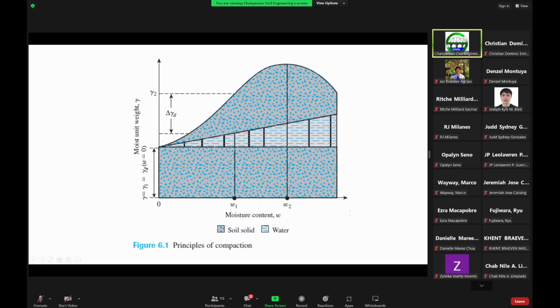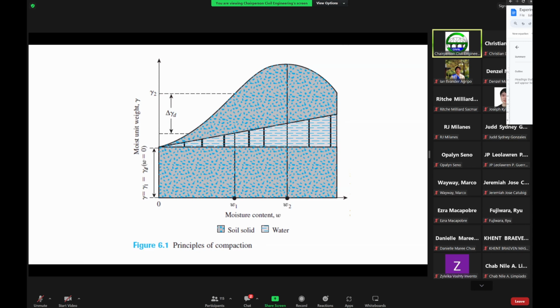So in this case, when you now reach this point, this one is what we call the optimum moisture content. And then at this moist unit weight, after extracting the moisture, oven drying in the lab using the oven, you can derive the maximum dry unit weight. So say this one here, then it increases until such time you will get the maximum dry unit weight.